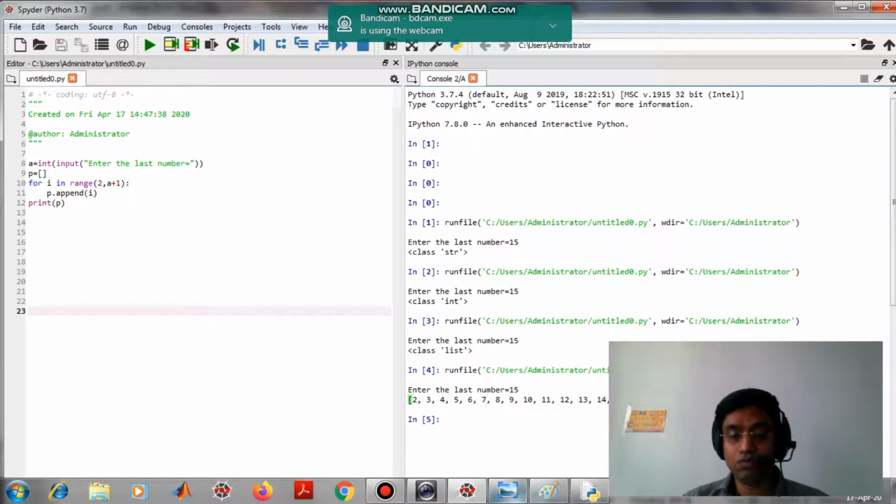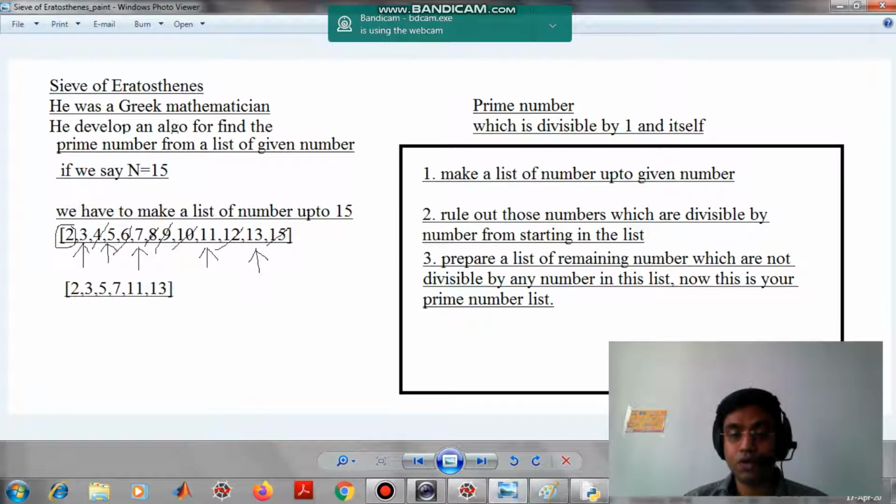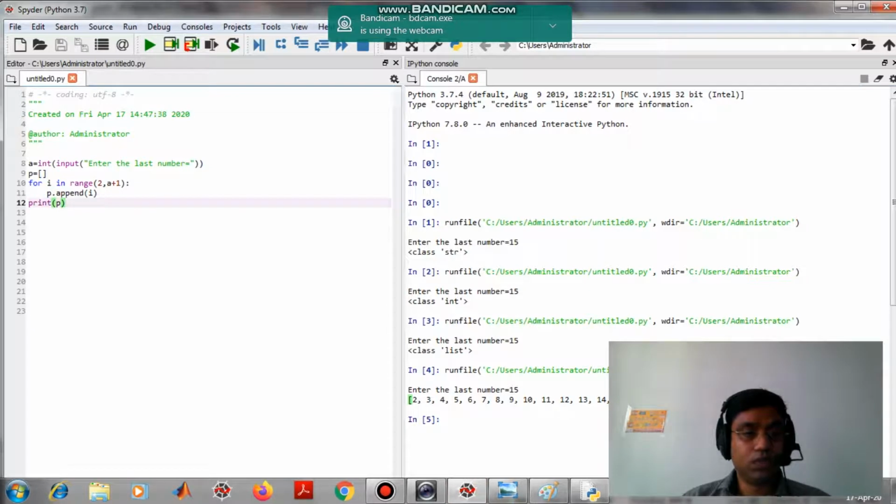So the first step which we discussed in the last tutorial is completed. This is also a method of debugging.